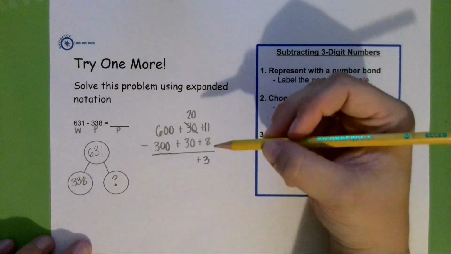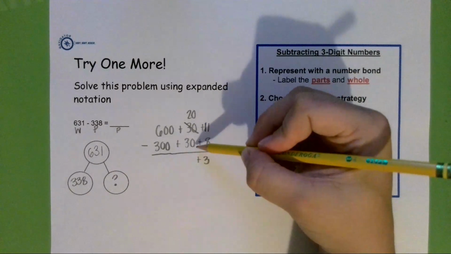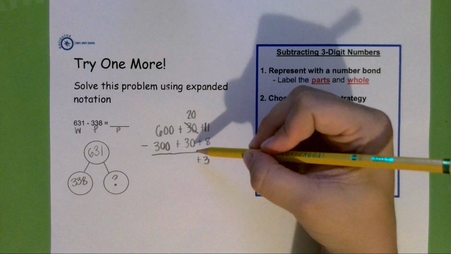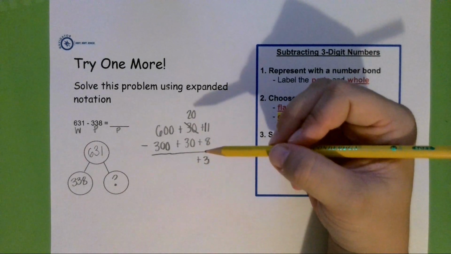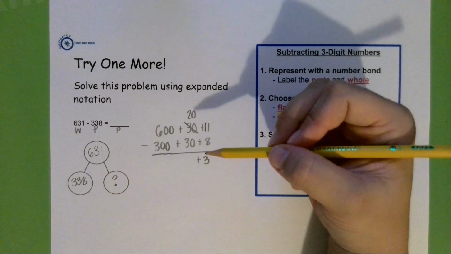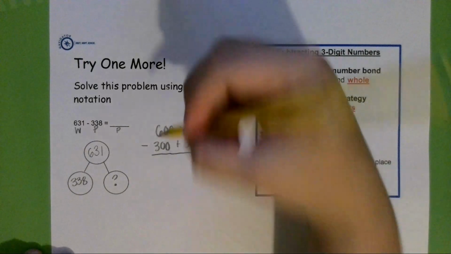Now let's subtract the tens. 20 minus 30. Can I do it? Say it out loud. I bet you said no. So what do we need to do and how can we show it? Say it out loud. I bet you said we need to regroup 100 into 10 tens, and we can show it by crossing off